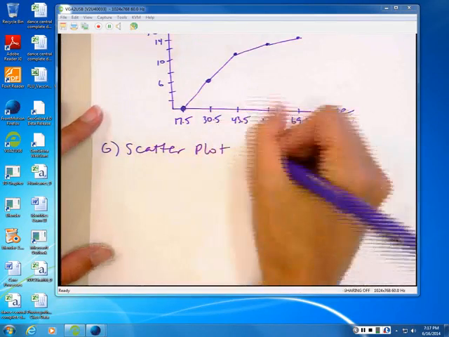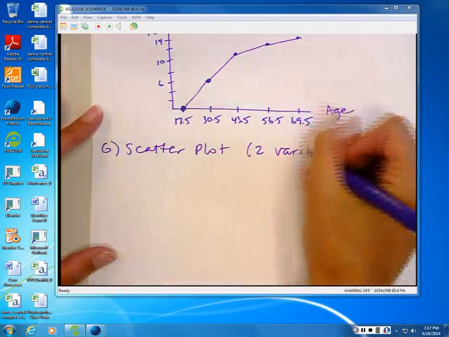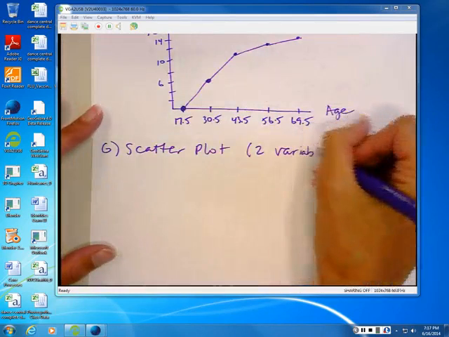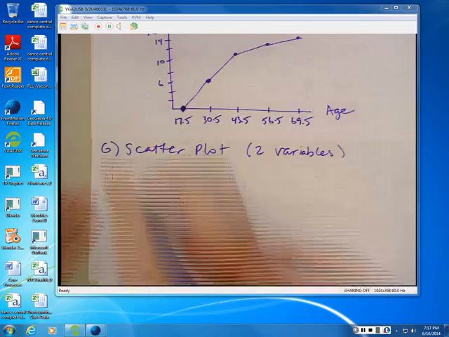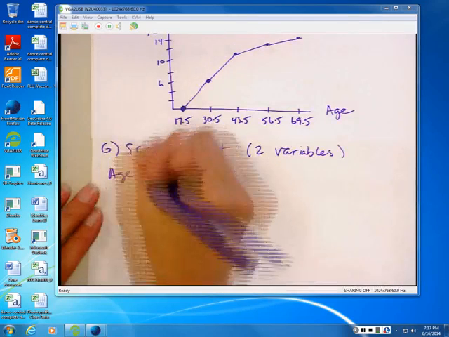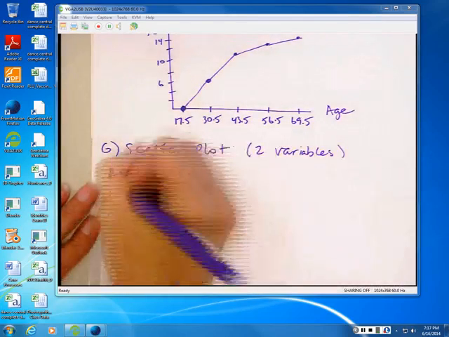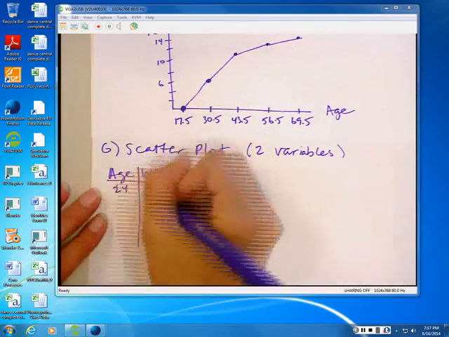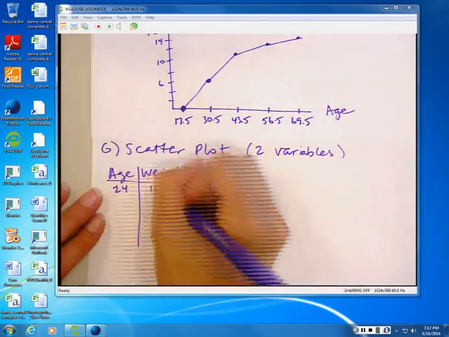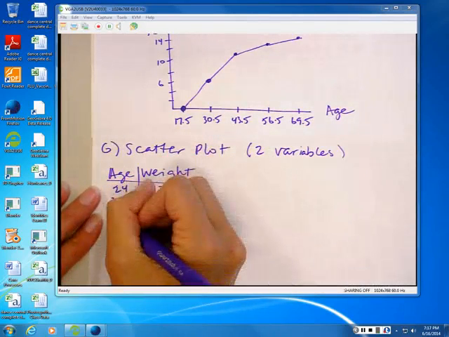A scatterplot compares 2 variables. All of the displays we've done so far have dealt with just a single variable. So I'm going to grab some data off of this data sheet that I've got. I'm not going to grab all 14, but I had the 24-year-old weighed 112, the 32-year-old weighed 115, the 50-year-old